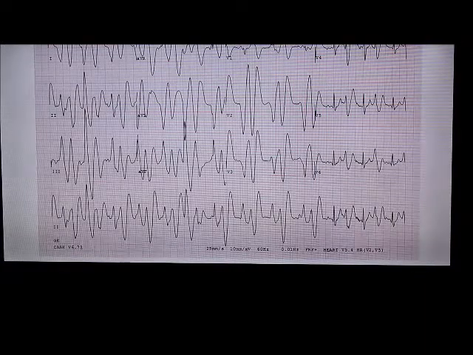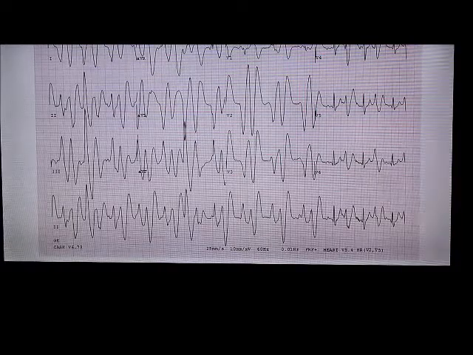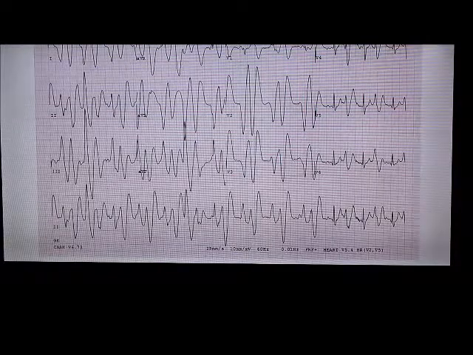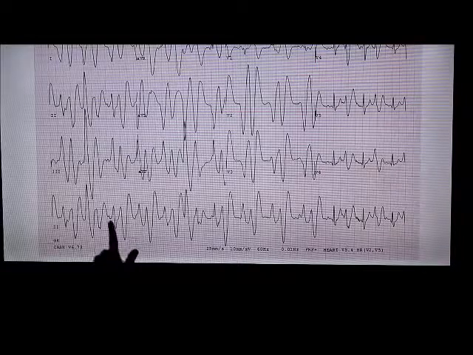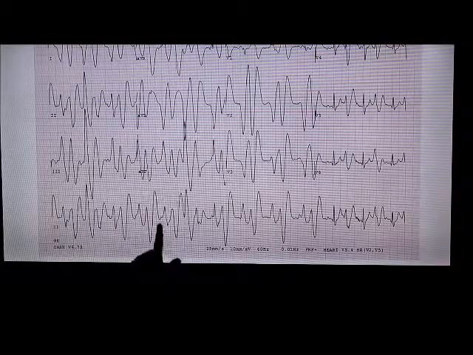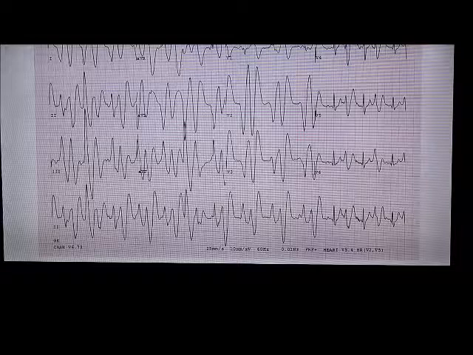This one. Wide complex tachycardia. Yeah. There's a dissociation. Okay, right. Here there are P waves, here there are P waves, here there is a P wave. I think it's a bit more helpful than it's. This is